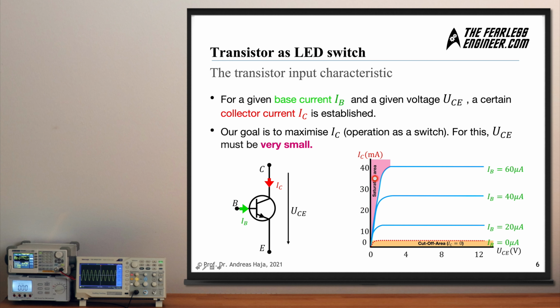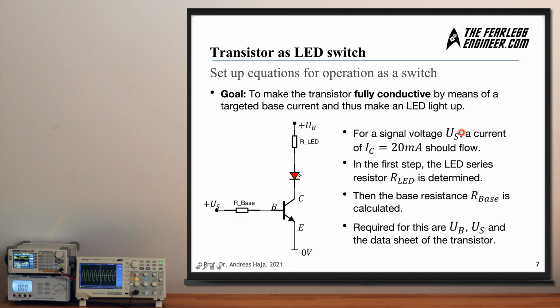And in order to get into this saturation area here, we want to have UCE, the voltage drop between collector and emitter, as small as possible. So somewhere here in this area where we start out with these curves. So for a signal voltage US, we want to see a current flow of 20 milliamps into the transistor and